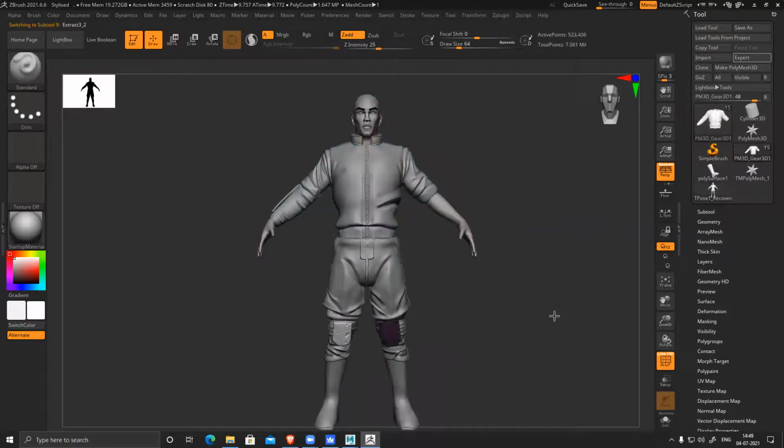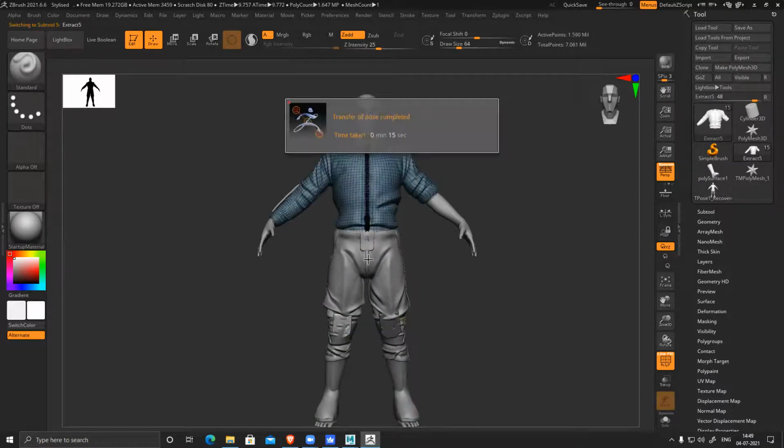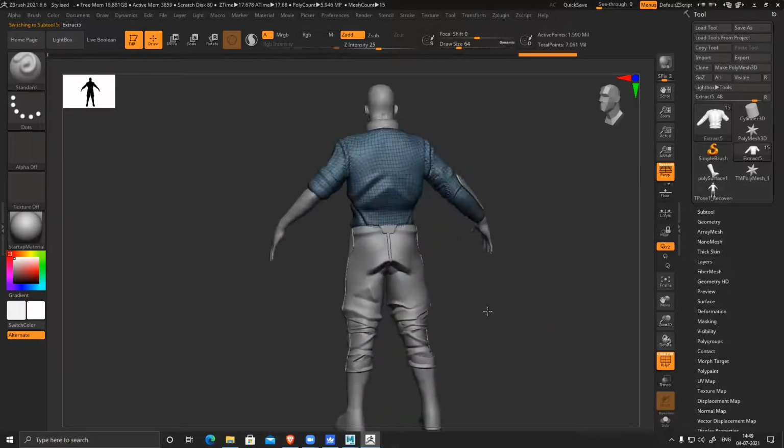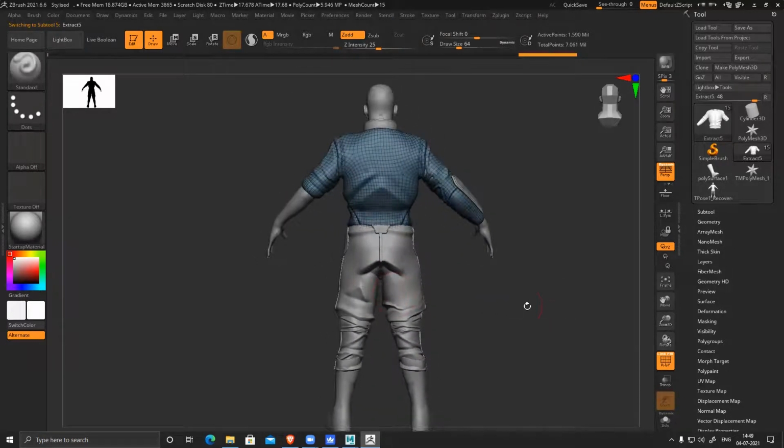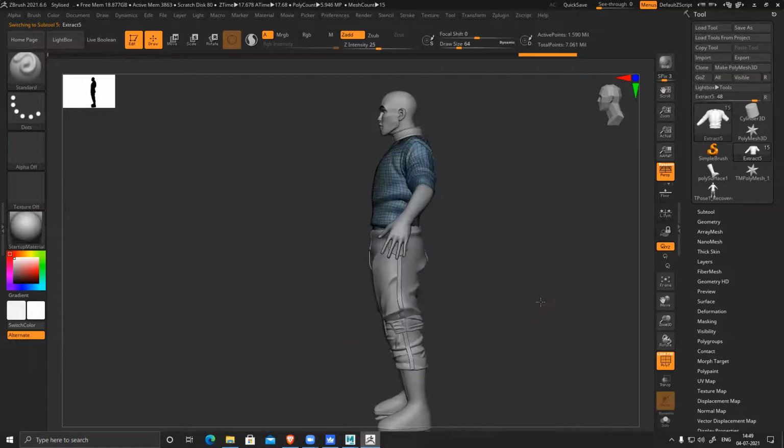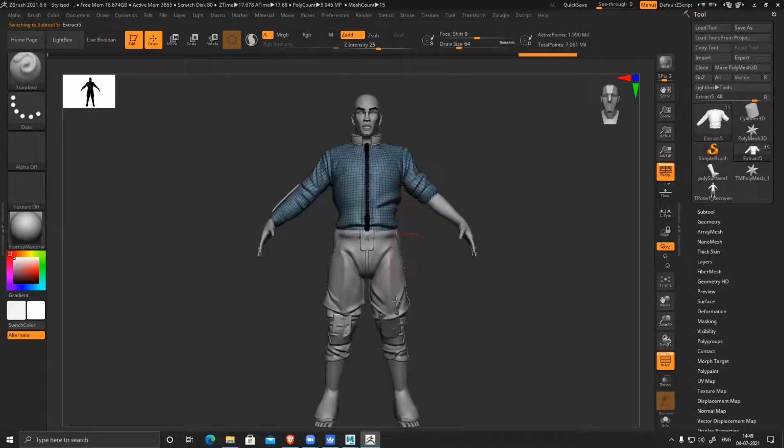It will retain all the subtools, all your subdivision levels, everything. You don't have to create all these things manually or move them manually. Once you're done with this, you can move it like this. Really easy process. Just reduce the thickness slightly, increase the length.